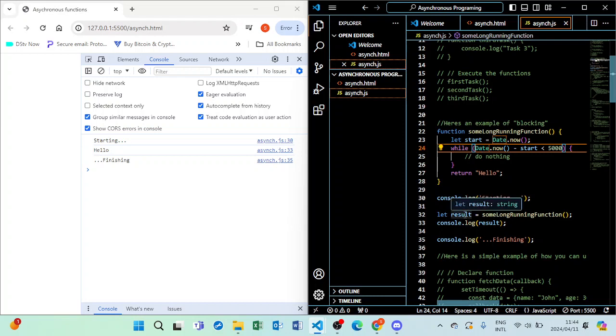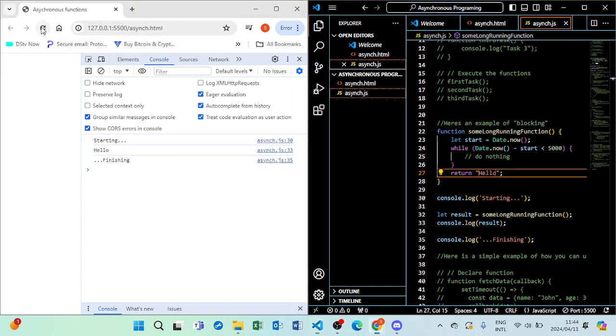But let result equals the long-running function, and then console log the result and say finishing. So the first part of this is to return hello, but because it comes after 5 seconds, everything runs